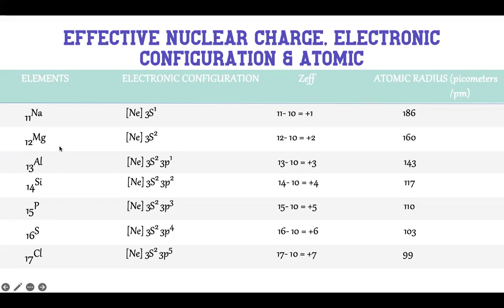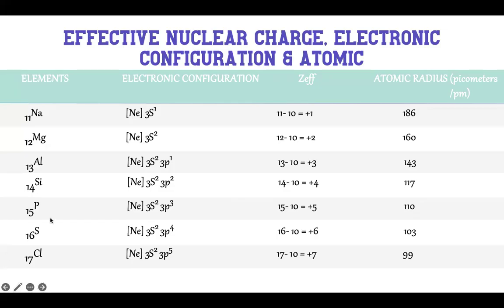And for magnesium, we have 12 magnesium atom. The electronic configuration is 3s2, and the Z effective is +2, and the atomic radius for magnesium is 160 picometer. For 13 aluminum atoms, the electronic configuration is 3s2, 3p1, and the Z effective is +3, and the atomic radius is 143 picometer. And for silicon, 14 silicon atoms, the electronic configuration is 3s2, 3p2, and the Z effective is +4, and the atomic radius is